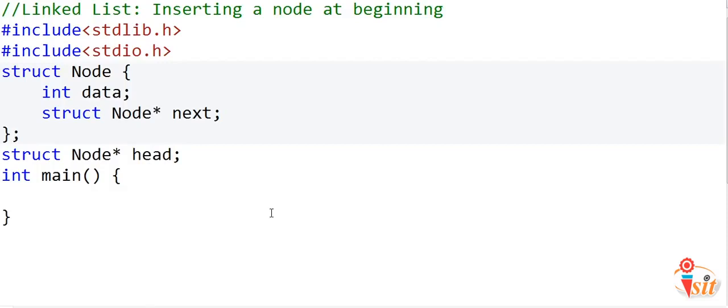To understand linked list implementation, we need to understand what goes where, what variable sits in what section of the memory, and what is the scope of these variables, what goes in the stack section of the memory and what goes in the heap section of the memory. So this time, as we write this code, we will see what goes where. In the main method, first I'll set this head as null to say that initially the list is empty.